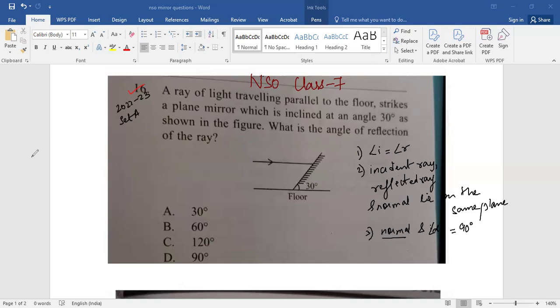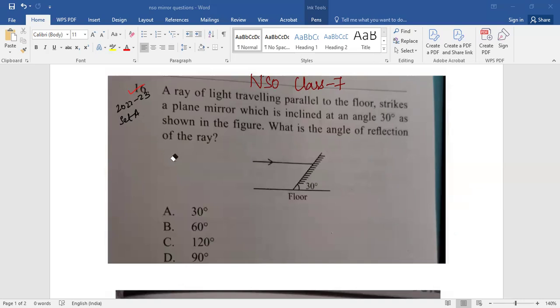So let's begin with the first question. The one that we're doing now is question number 16 from the paper 22-23 set A. Let's just read the question. A ray of light traveling parallel to the floor strikes a plane mirror which is inclined at an angle of 30 as shown in the figure. What is the angle of reflection of the ray? If you see, this is the incident ray which is coming. Since they're saying it is parallel to the floor,